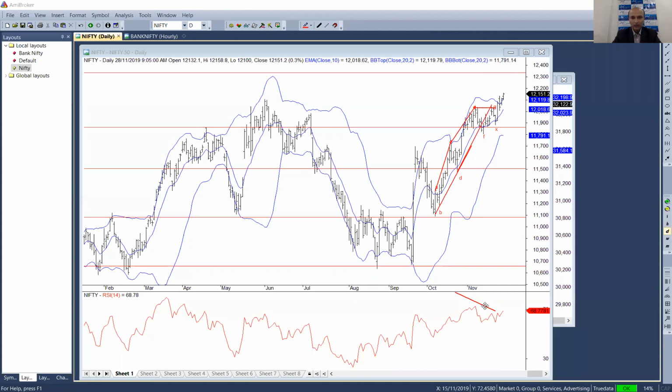On the daily, there was the divergence, yes, but that has been resolved on the upside. If you look at it, there was negative divergence, but that did not result in a price breakdown. So I'll still use that as a positive sign. Had the prices gone down, I would probably have been more bearish. But since the price broke up and RSI is breaking up again, I will not be shorting the market right now. But yes, I'll use dips as a buying opportunity.